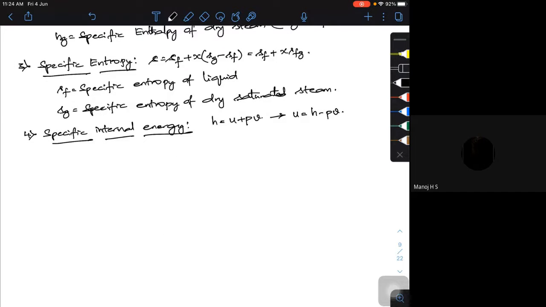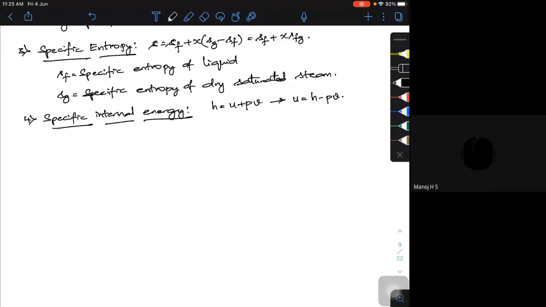Now, what will happen if it is a superheated condition? If it is a superheated condition, we go to the superheated tables and take the values from there. So it can be the corresponding V sup, or the corresponding H sup, or the corresponding S sup. I'm going to take all the values from the superheated tables. But still there are certain formulas which we can use. What are they? We have already seen that.